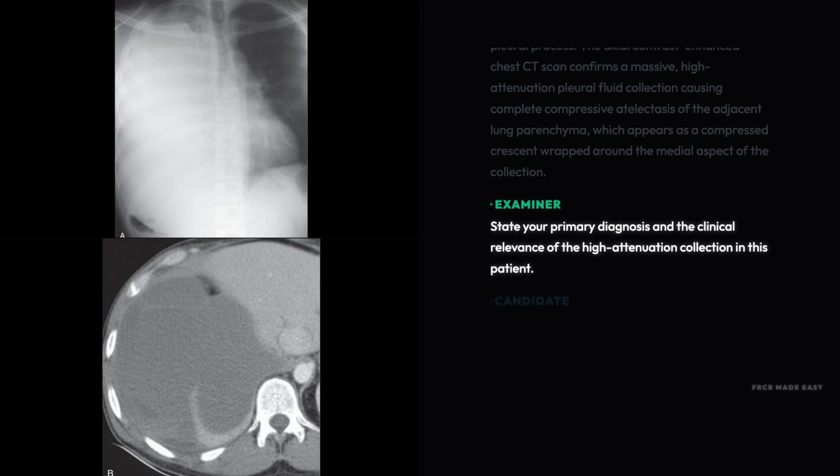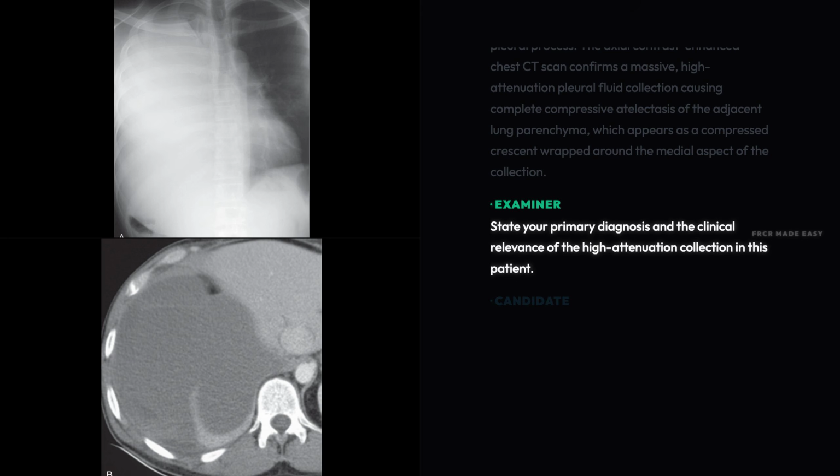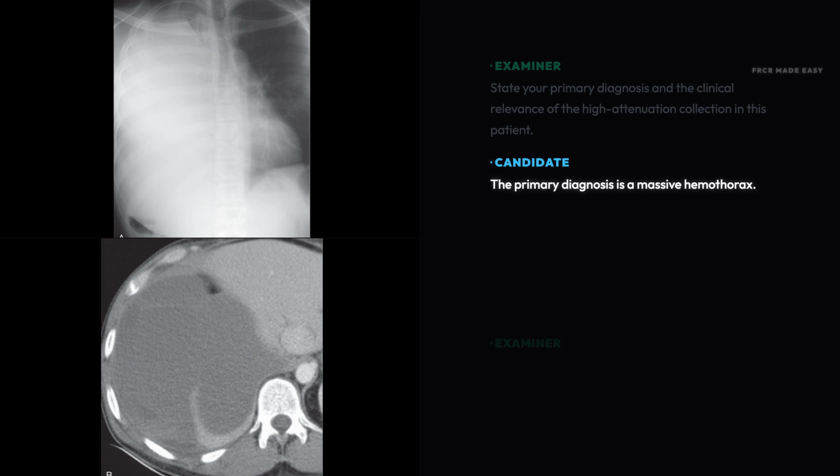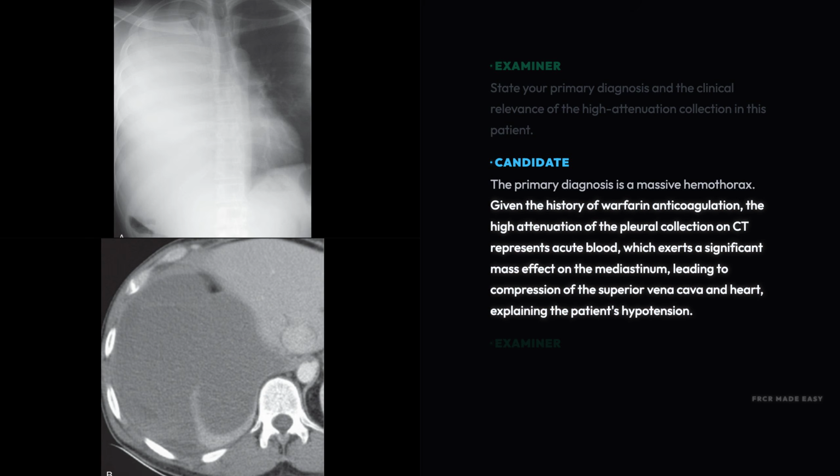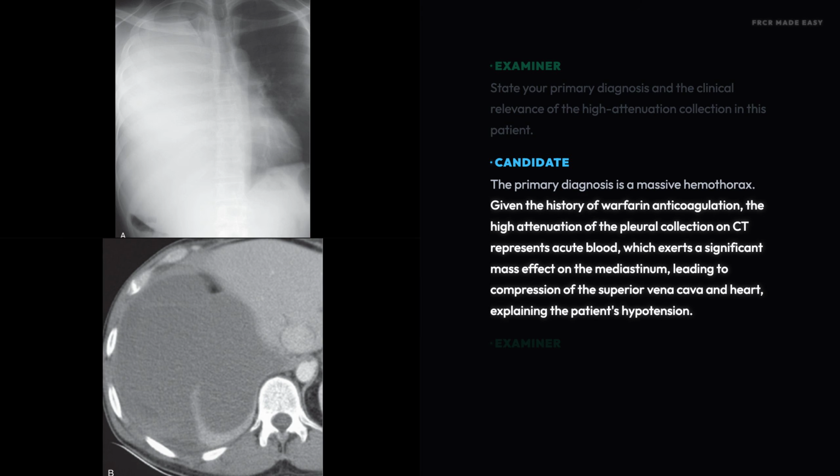State your primary diagnosis and the clinical relevance of the high attenuation collection in this patient. The primary diagnosis is a massive hemothorax. Given the history of warfarin anticoagulation, the high attenuation of the pleural collection on computed tomography represents acute blood, which exerts a significant mass effect on the mediastinum, leading to compression of the superior vena cava and heart, explaining the